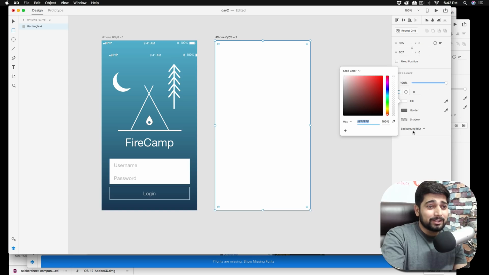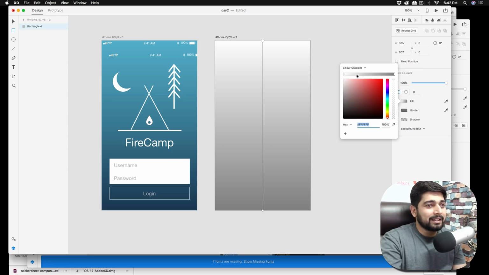I looked all through this sidebar and didn't find the gradient at all. Just when I was about to quit and look it up on the internet, I saw this little tilde, and as soon as I clicked that, there was a radial gradient and a linear gradient, exactly what I wanted. So we're just going to click on the linear gradient and then it turns, and we're going to select this first click